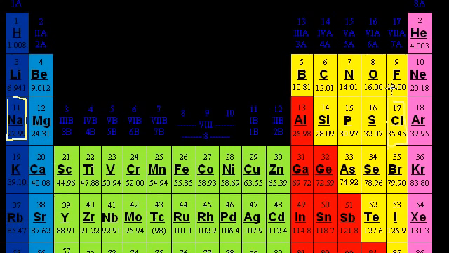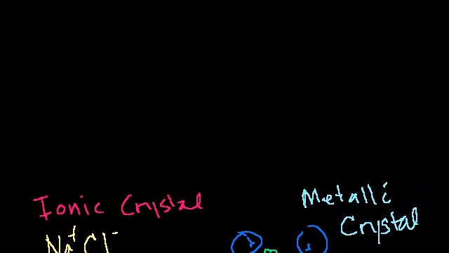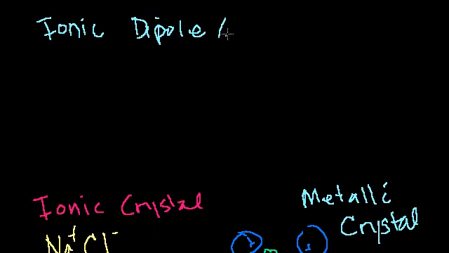Hydrogen fluoride, if you remember from the last video, just had dipole forces. But what's interesting about this is they have a very high boiling point unless they're dissolved in water. So these are very hard, high boiling point, but the ionic crystals can actually be dissolved in water. And when they are dissolved in water, they form ionic dipole bonds. What does that mean? Ionic dipole, or ionic polar bonds.